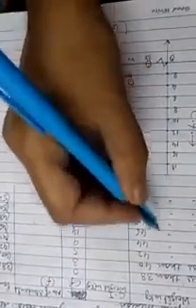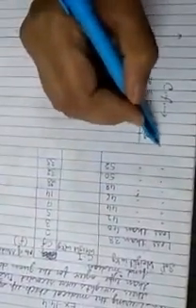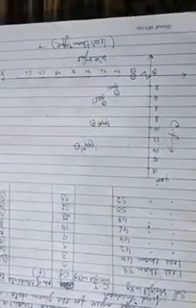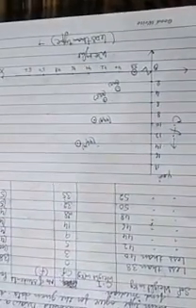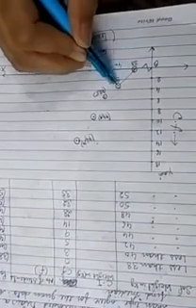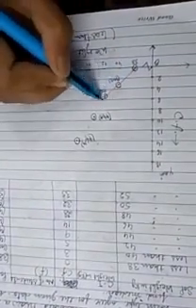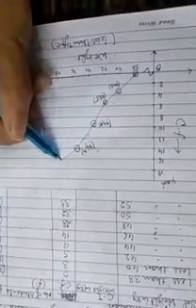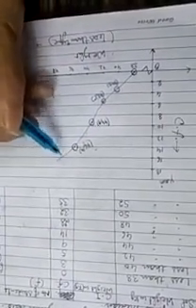Then your next step, after plotting all these points, is this. Now you have to join these points with a freehand curve. That will be your OGIVE. So how will you join? You have to join it like this. In this way you have to move further. Now this is the OGIVE.